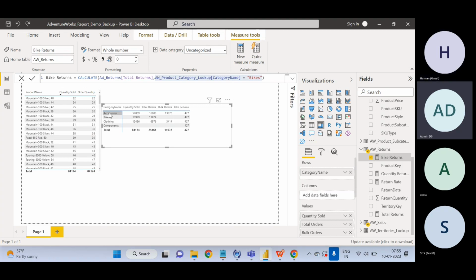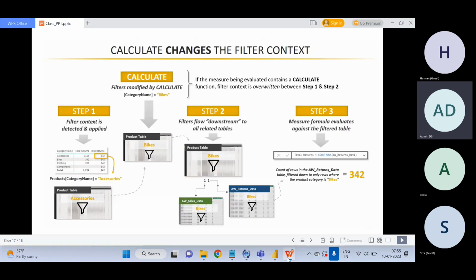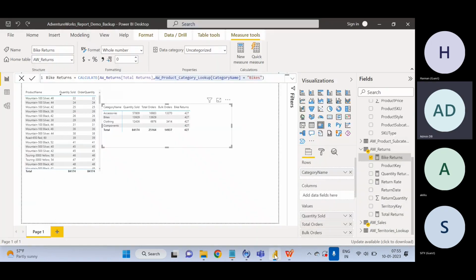It looked into accessories, and accessories was applied over here, right? Once accessories was applied, it will look into the measure that we have created, and by how total orders is working,